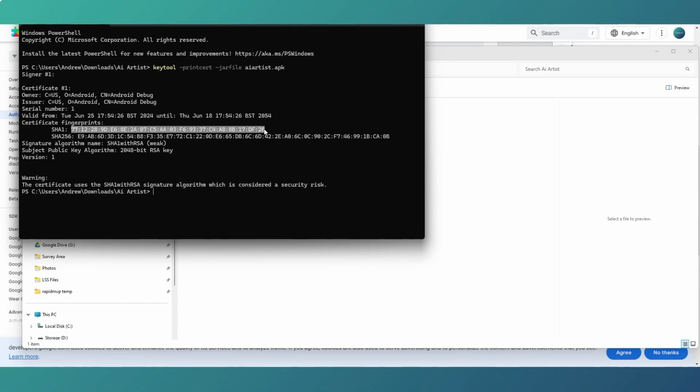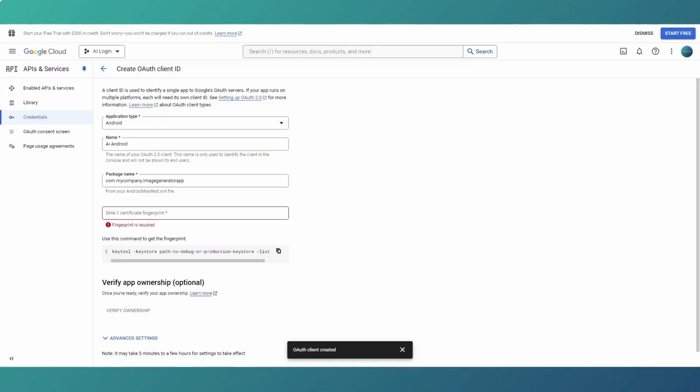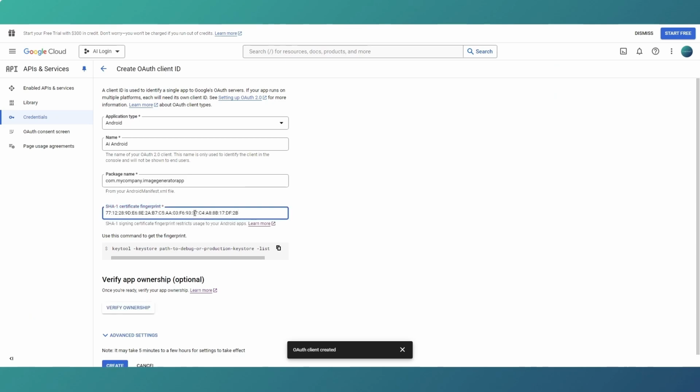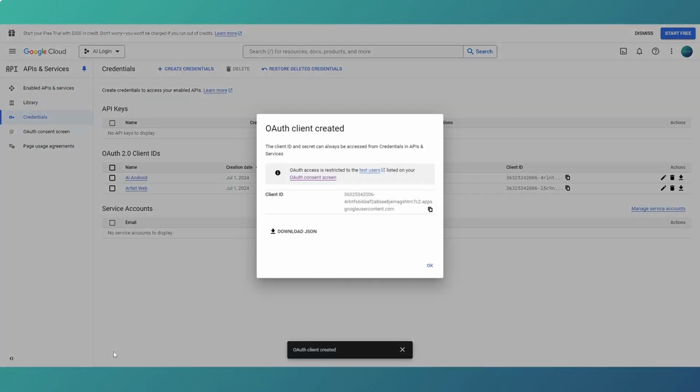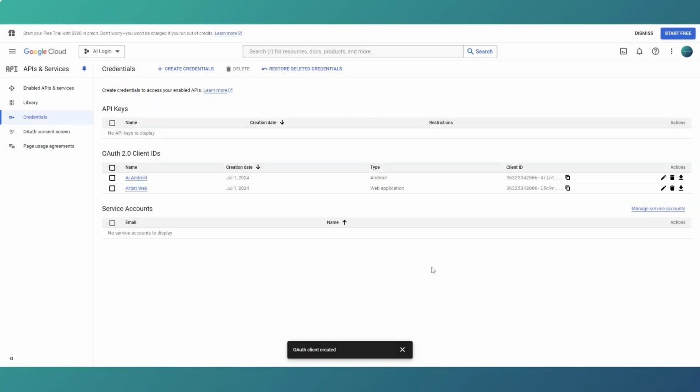So if you copy that, and then we can paste that in there, and it allows us to basically complete this process. So then if you go click on create, and then we've got our client ID for Android, and then finally if we click create credentials again, we've got